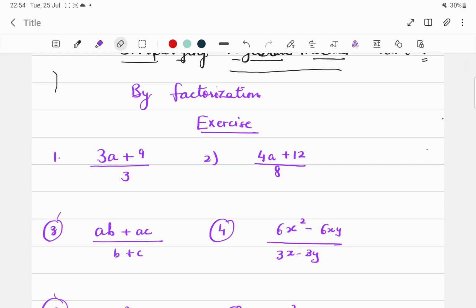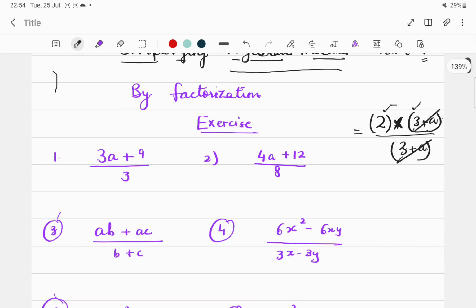For example, I was given a question, let's say 2 multiplied by (3 plus a) divided by (3 plus a). Here the numerator is given in factored form. Factored form means the parts are given in the form of multiplication, first part times the second part. These two parts are called factors, and then we were simplifying them by cancelling the common factors.